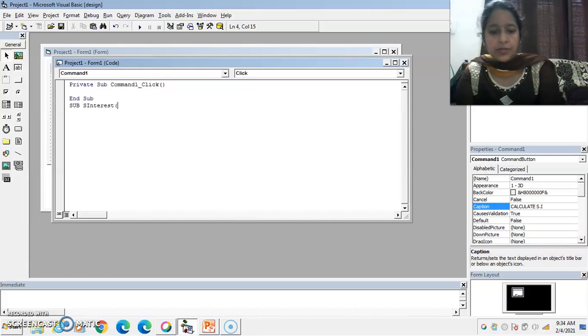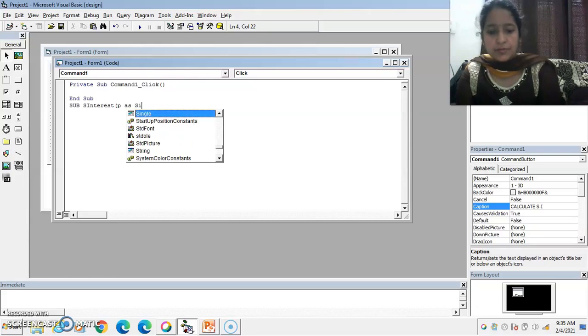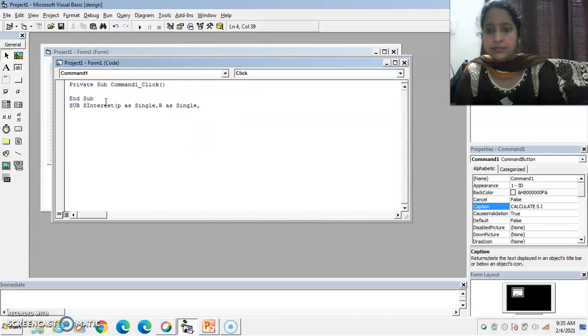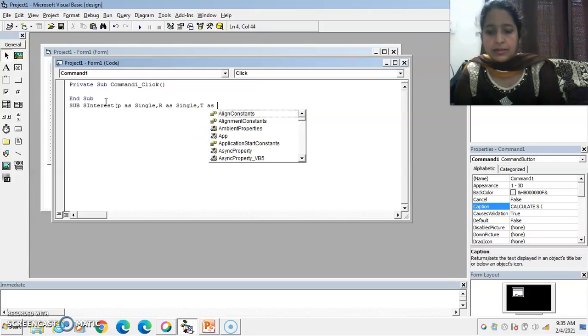After that, the argument list. As all of you know that to calculate the simple interest, we require principal, rate and time. So I am passing here three arguments: P as Single, comma, R as Single, comma, T as Single.